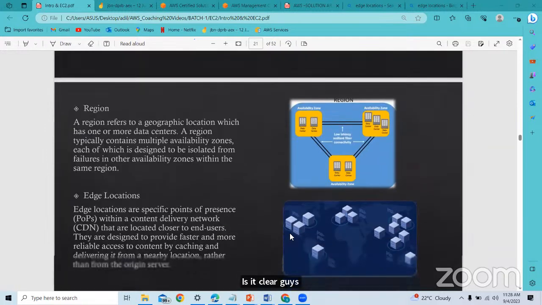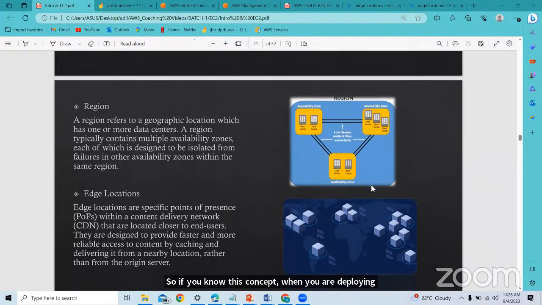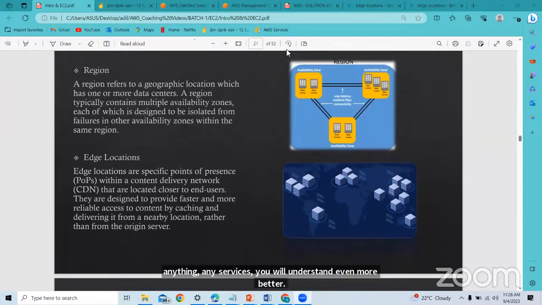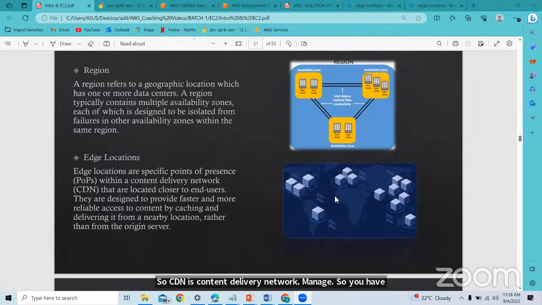If you know this concept, when you are deploying any services, you will understand even better. CDN is content delivery network, Manoj. You have some content to deliver to edge users, and that is what we call a CDN.